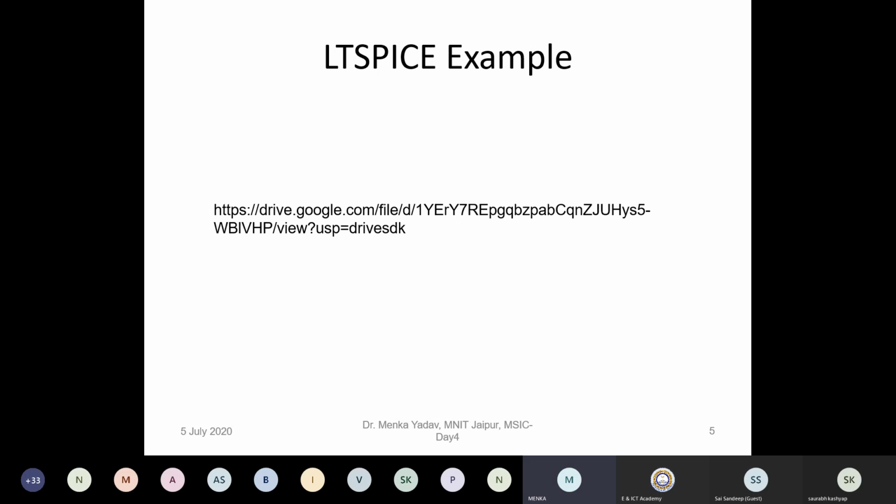Okay, so this is one example I have taken. I request you to open the link. Probably all of you have these slides from Canvas. Just open this link and see what is there. With the help of this, you will be able to see how the circuit can be prepared. Those who have installed LTSpice can try to finish this within 10 minutes. So just see this, and later on we will discuss. If there is any issue, I will explain.